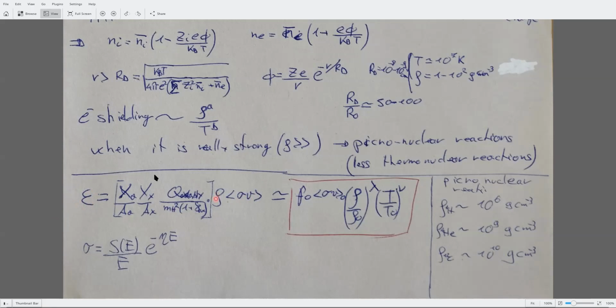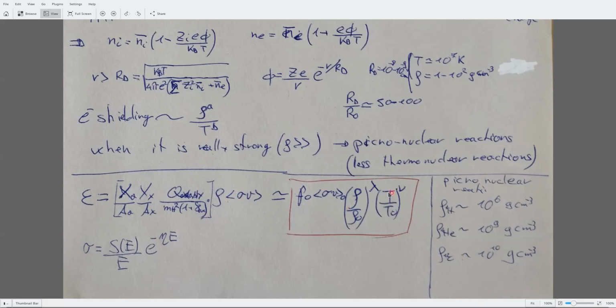This is just a constant, because these are the molecular masses of the two particles. Q is fixed for the reaction. This is just a constant. The density is this one, and we can put a constant for a zero value of this mean, correcting,